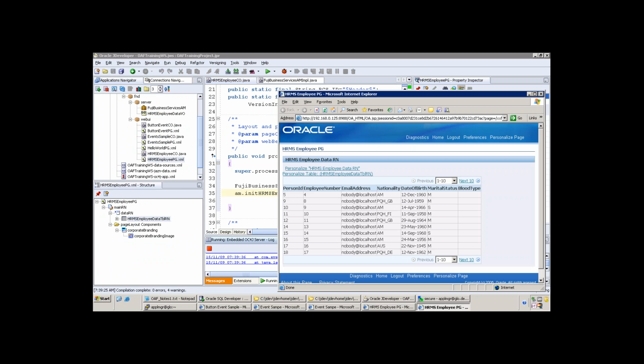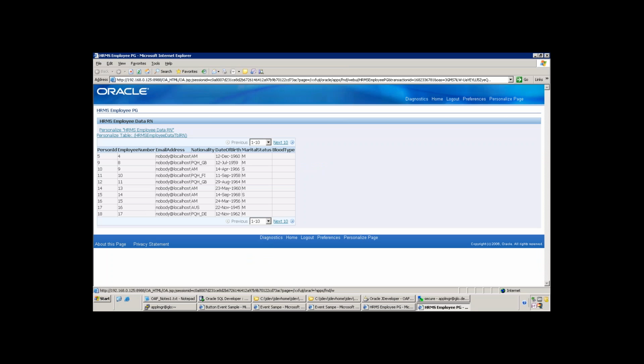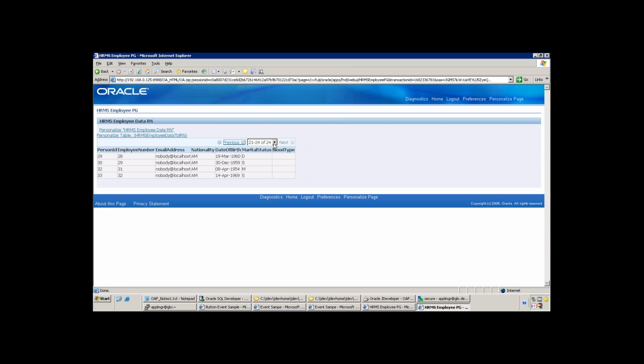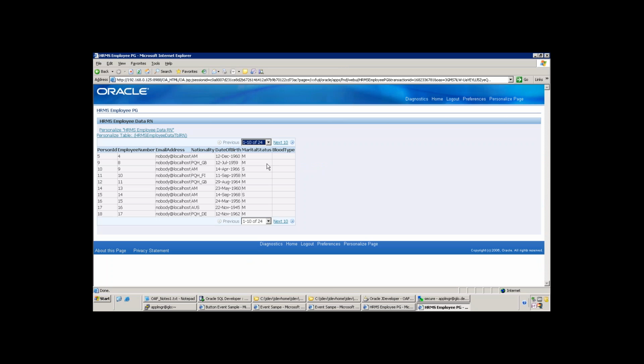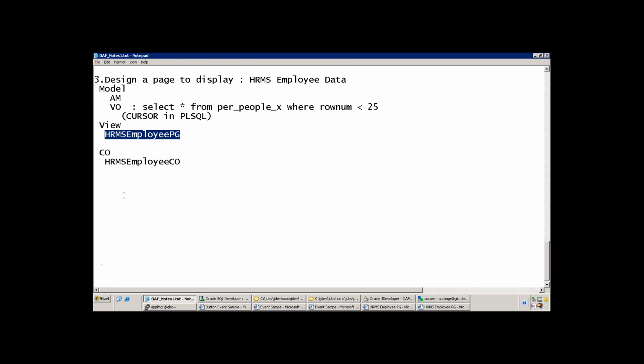So this is how it is, and it will display 24 rows, as I said. Sorry, 24. Yeah. So for today, these are the samples which we have created, and your assignment will be